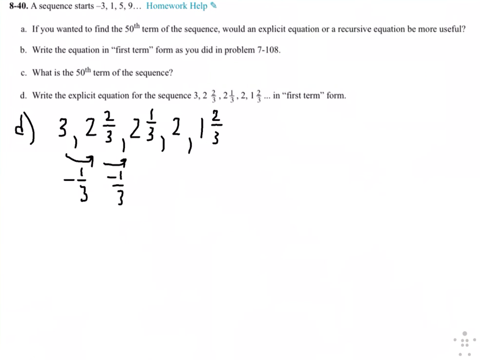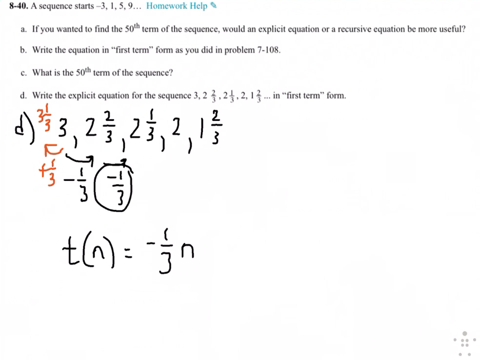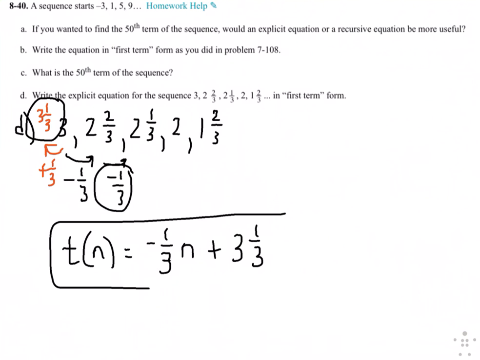So first we have to find this imaginary 0th term. So let's do that. That means we would add 1/3. So this would be 3 and 1/3, that imaginary 0th term. Okay, so now we get T of n equals this one, -1/3 n, and then plus this, plus 3 and 1/3. There's the explicit equation, and we're not going to write that in first term form. We're just going to write that